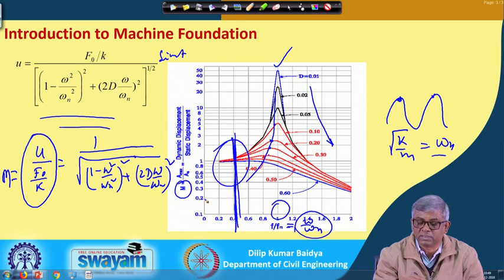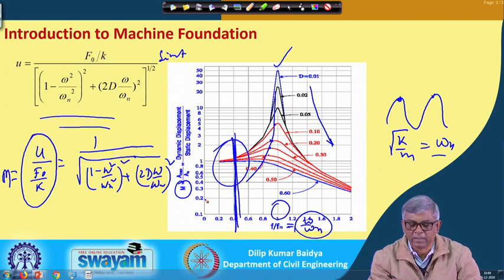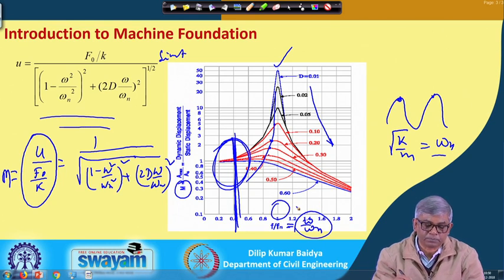So, resonance is shifting to the left side. With the increase of damping, the resonance is shifting towards the left, and it is happening before the natural frequency. The resonance is occurring at a frequency before the natural frequency. That is one observation: resonance does not occur exactly at omega over omega n equal to 1. Resonance will occur slightly before, and at lower frequency ratio your amplitude will be almost the same whatever may be the damping. So, these two important observations can be made from this diagram.